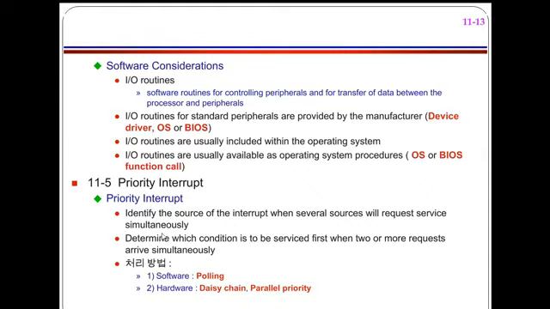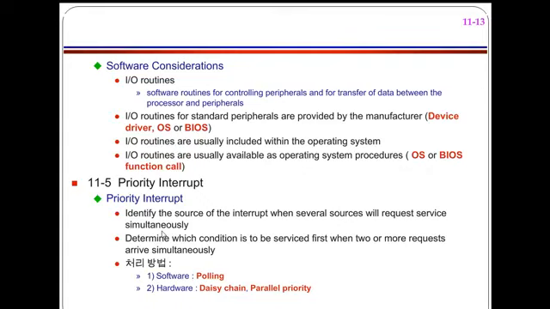So suppose more than one interrupt is going to occur. My keyboard, mouse, monitor, printer, everyone is interrupting the processor. Then the processor can provide service for only one. It cannot provide the service for everyone. So it needs to decide for whom it provides the service first. What we will do here is give priorities to all the devices.